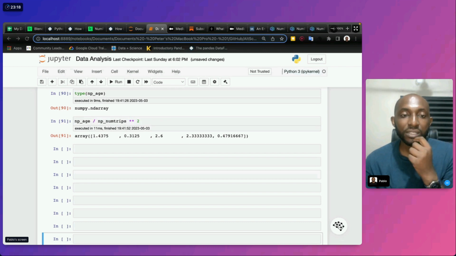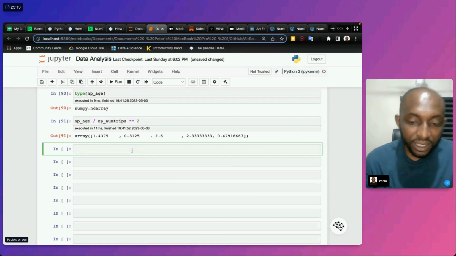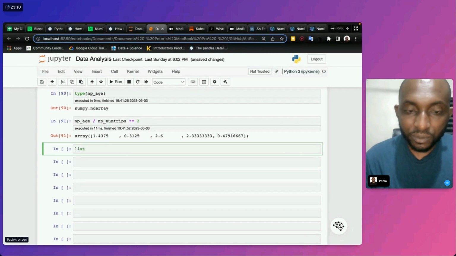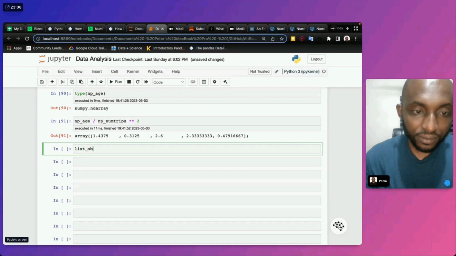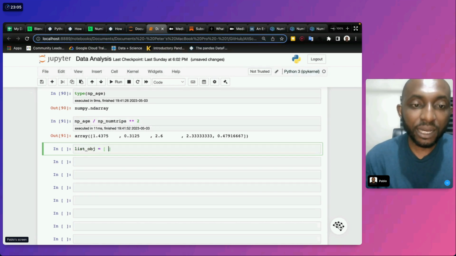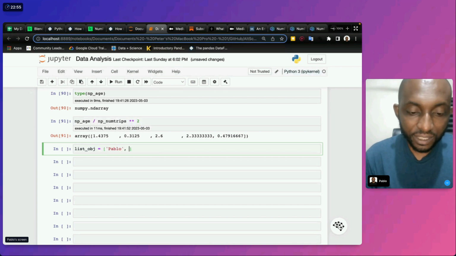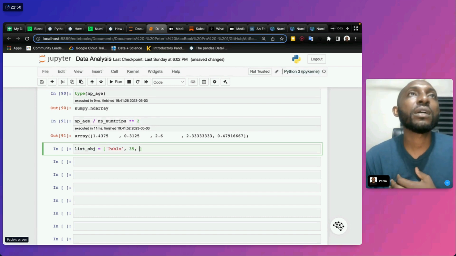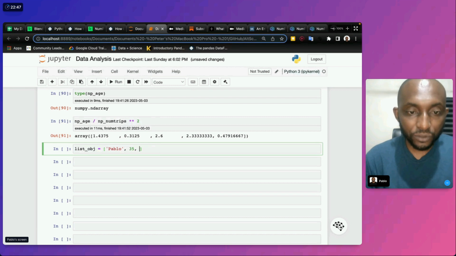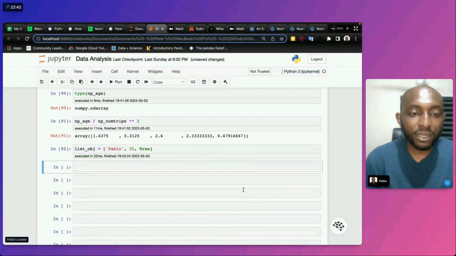But let's say we have a list, and I'll call this list_objs. Inside we have Pablo, and we have 35. Then we have true. Right. So now I can convert this.